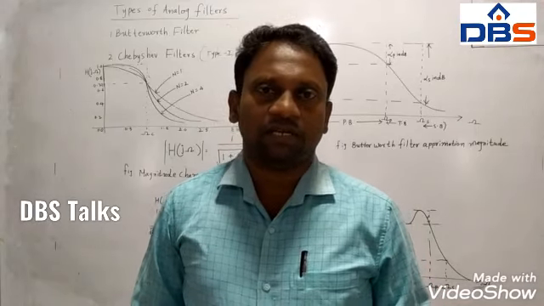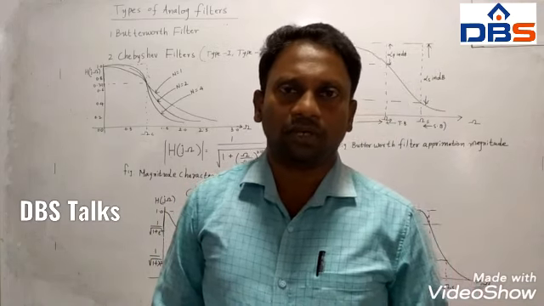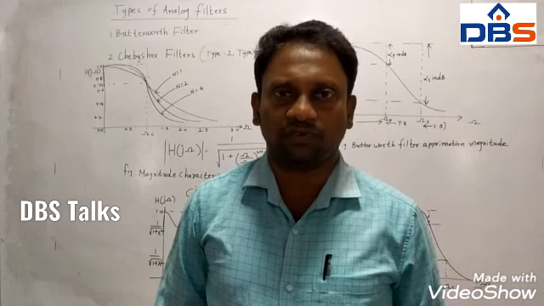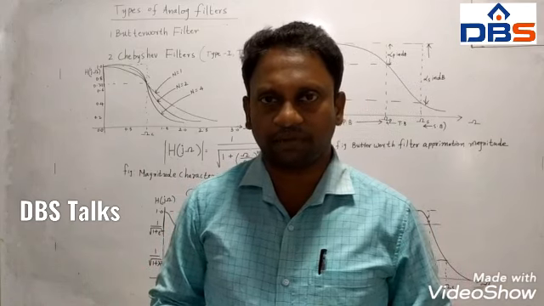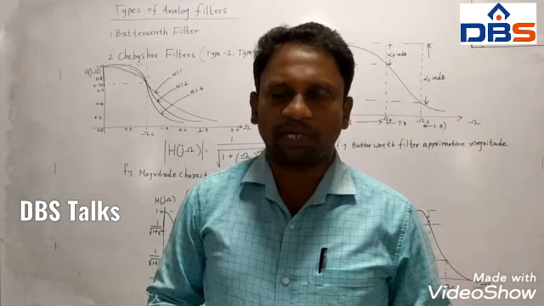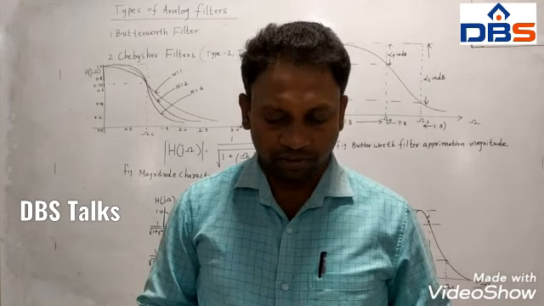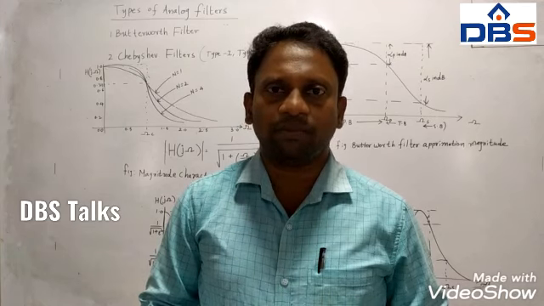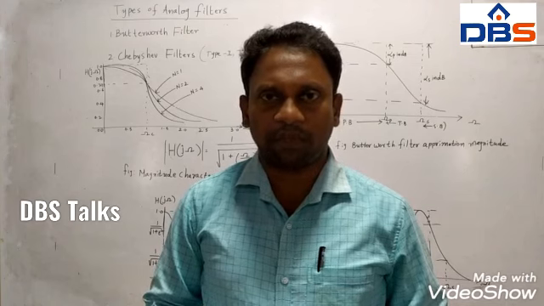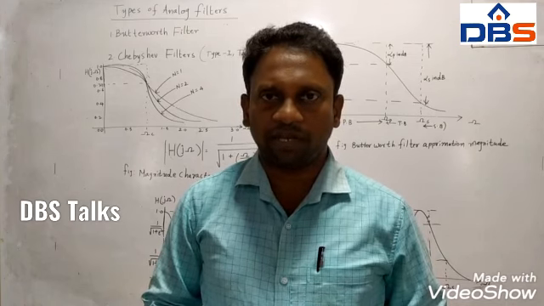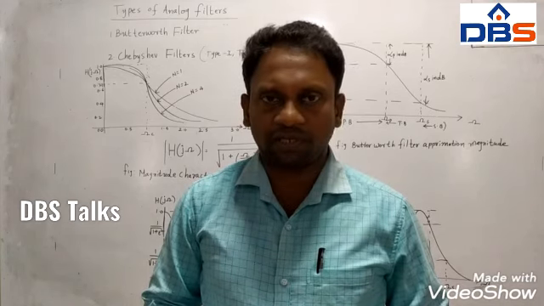Today we will see the types of analog filters which are used to design the digital filter transfer functions. There are two types of analog filter transfer functions present. One is Butterworth filters, the second one is Chebyshev filters. And in today's class we will see what is the magnitude response, what is the stop band attenuation, what is the pass band attenuation, what is the stop band edge frequency, and the pass band edge frequency of this analog filter